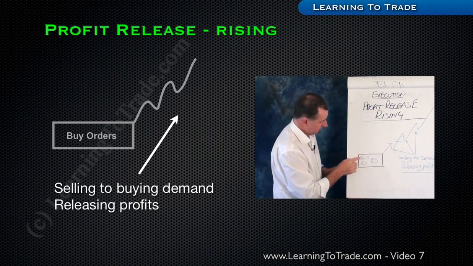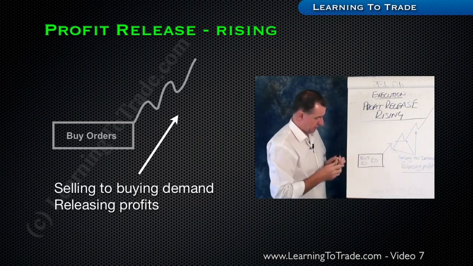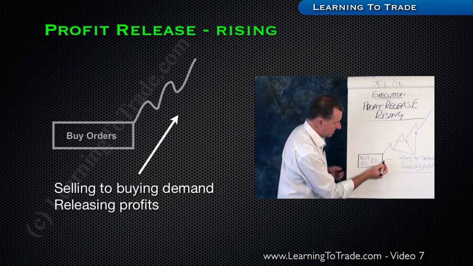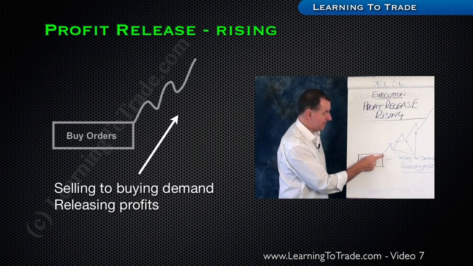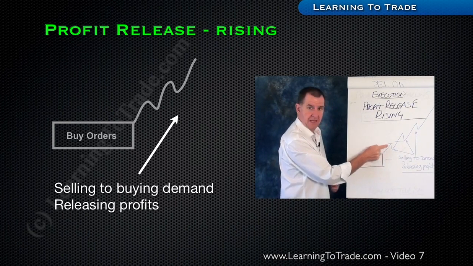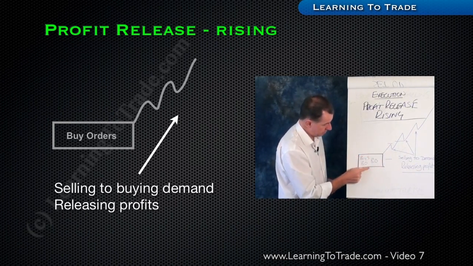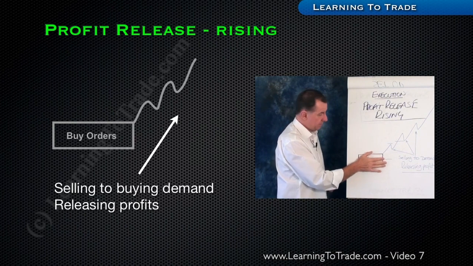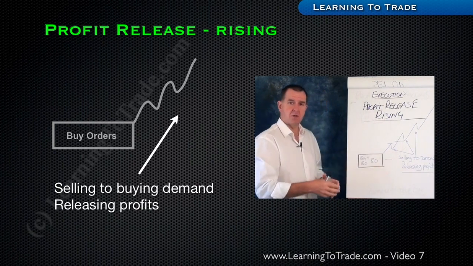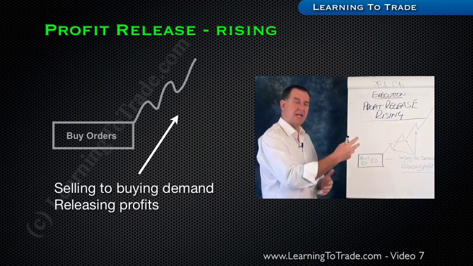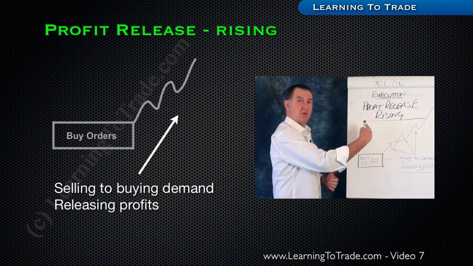And incidentally, through here there will be an average price, and that average price they've paid might be, say, in the middle of that area. The very moment anything is sold above that average price, they are making money. Even if they bought some orders here and some orders here, once they get above that average price, they're into making money. That's often why you will find when a market does make that initial first move, it's quite a sharp move and a quick move away to clear that area, and they can get into a profit release phase straight away.